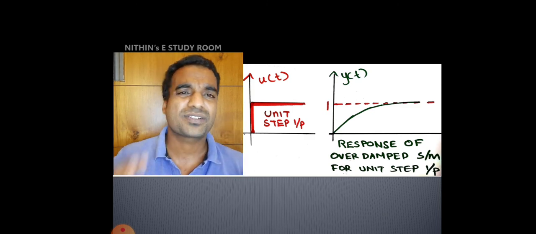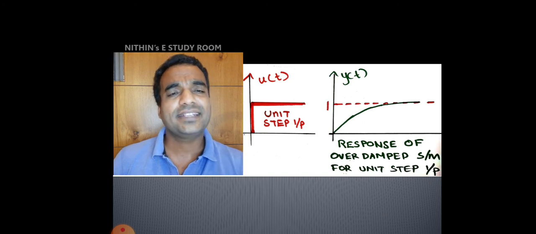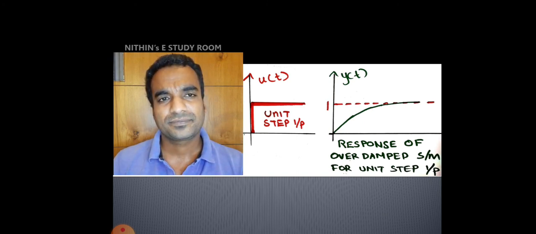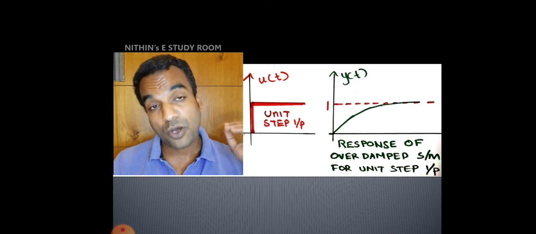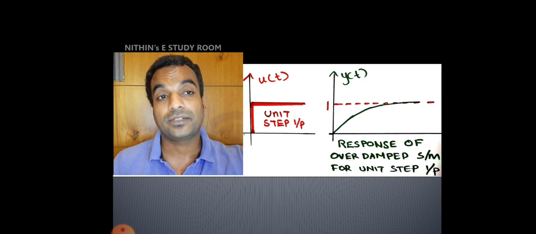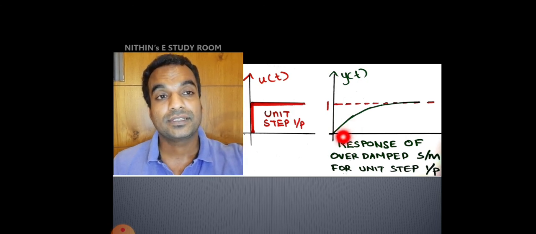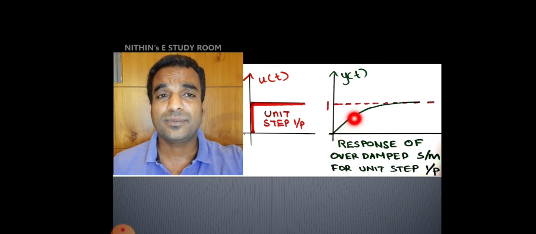We do not require such an overdamping condition, where the needle has to fight against the damping factor. So the system will become slow. If it is overdamped, the system will take a long time to reach the final value. You can please check in the reference. If it is critically damped, it will move like this and touch the final value very easily. But as it is overdamped, the response is moving very slowly. It is taking more rising time.